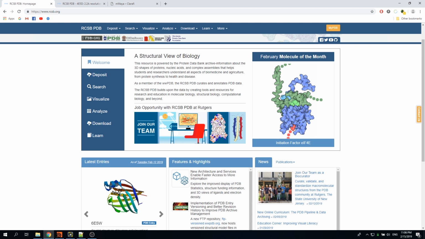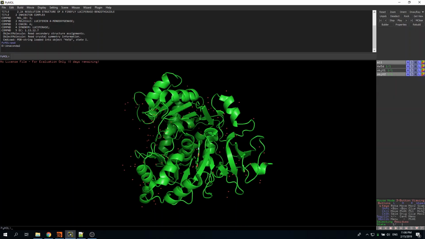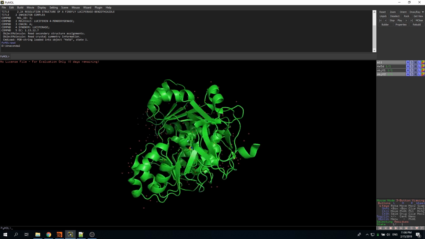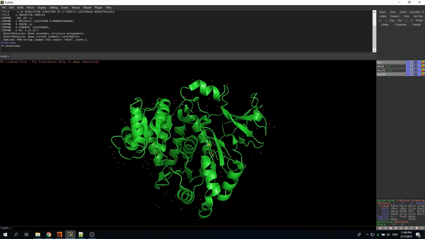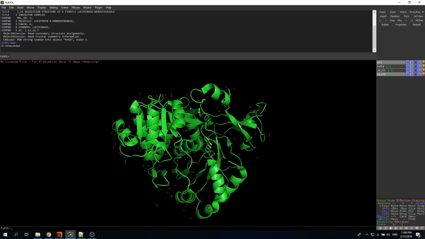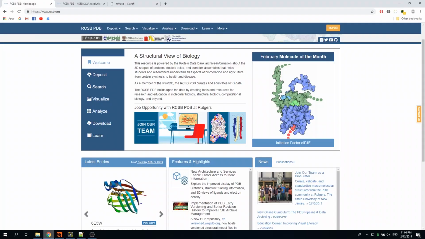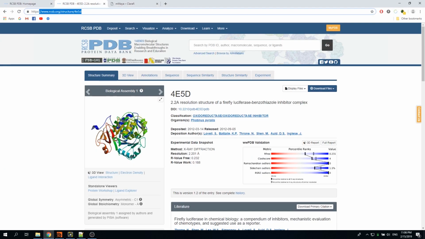And so there are a lot of programs that can open these structures. One of them is PyMol, and if you open one of the structures, it looks like this. Every one of these proteins has a code associated with it. We call them PDB ID. So if we go here and search for this PDB ID called 4E5D, which happens to be the structure of